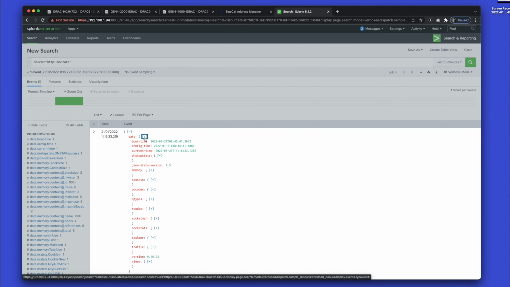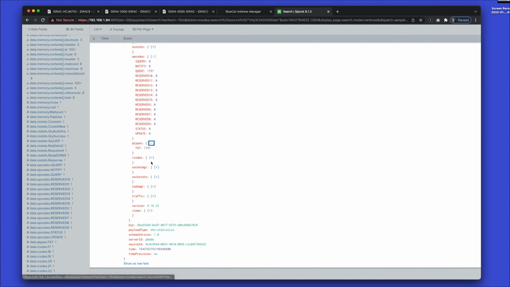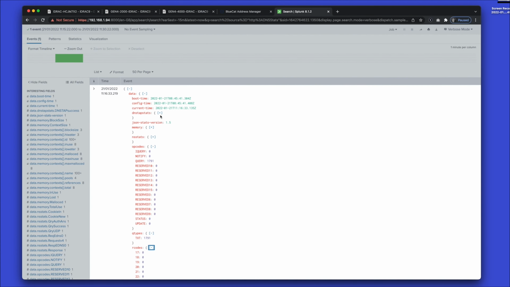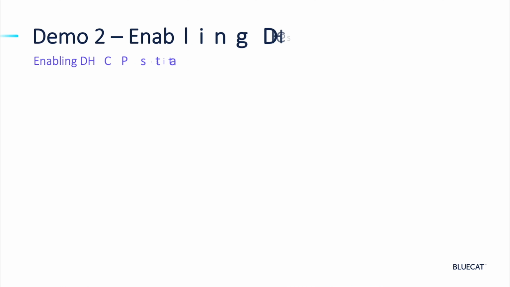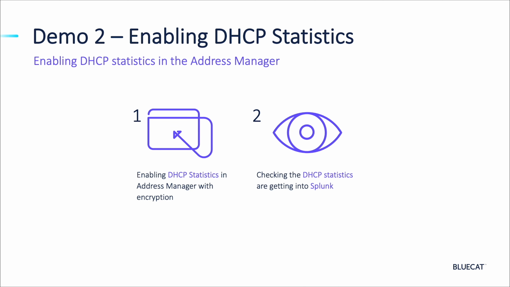We can make it easier to view by selecting the list option to prettify the output into something more readable. In the data section, we can now see some of the very detailed granular DNS metrics being sent into the Splunk system. In Demo 2, we'll enable the functionality to send the DHCP statistics. We'll again need to enable the feature in Address Manager, and we'll need to confirm that the stats are reaching